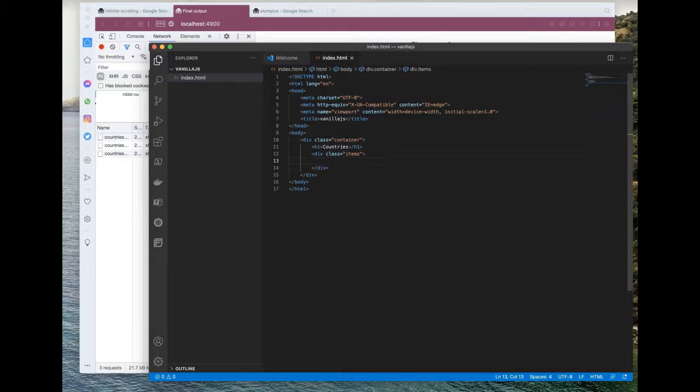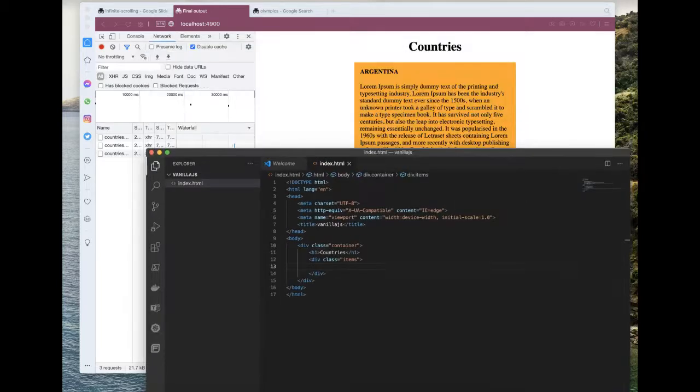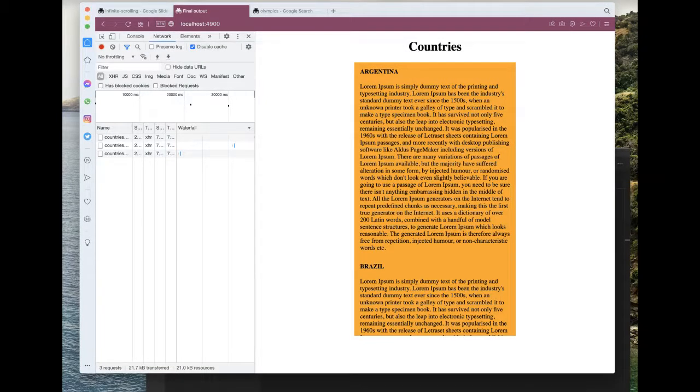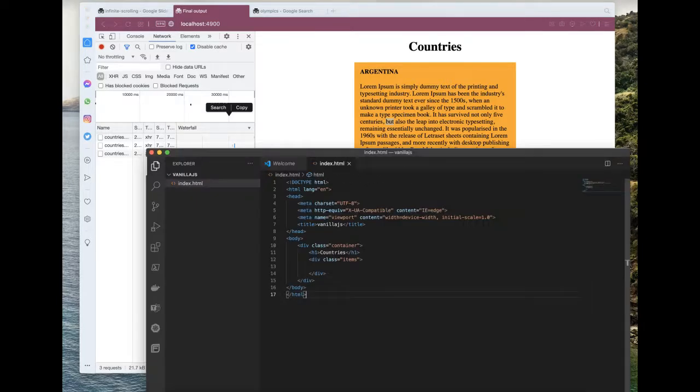The details returned by the API have to be appended to this items element. If you take a look at our final output, here you can see country name and country description. So we have to insert country name and country description into the items element. Basically, we need to create two div tags for each element returned by the API. Let's proceed with the implementation.